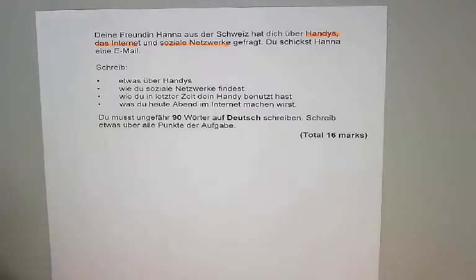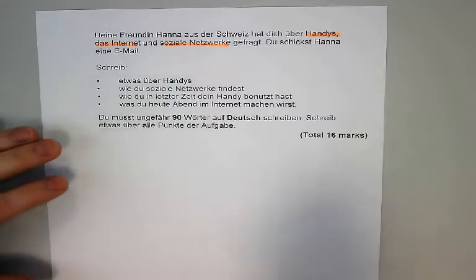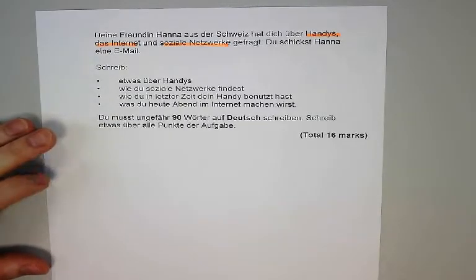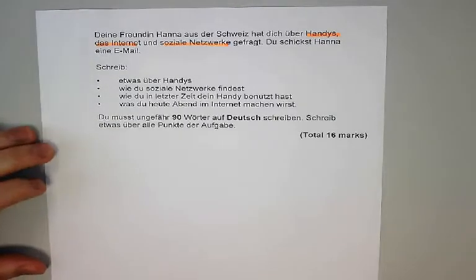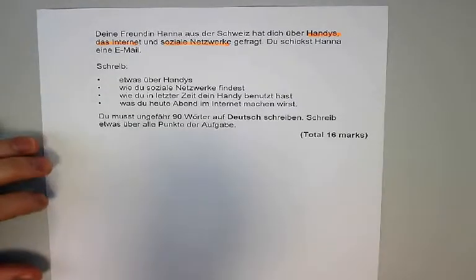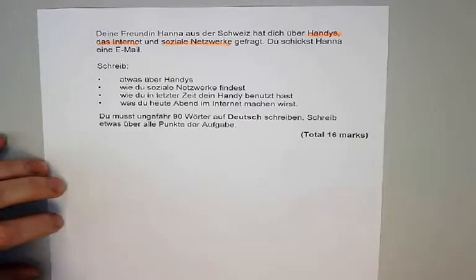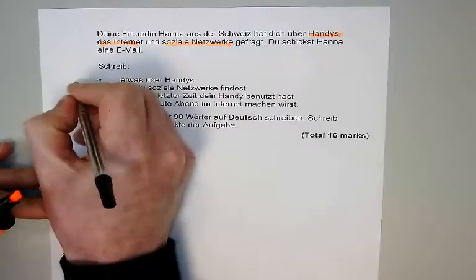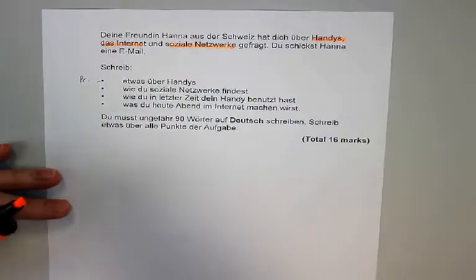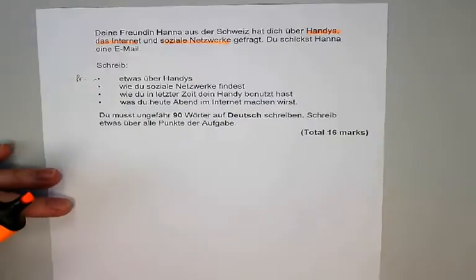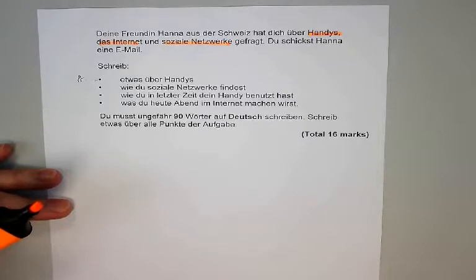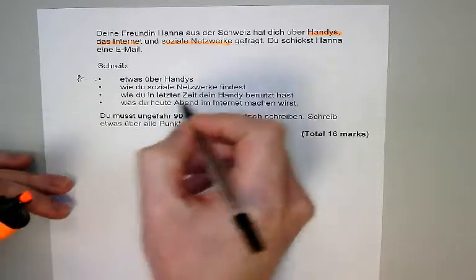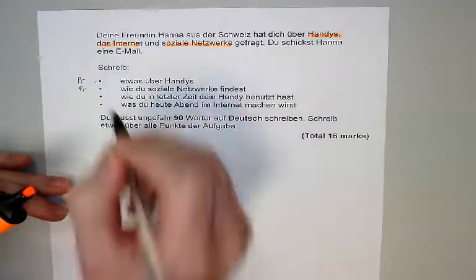We can then have a look at the bullet points to know what exactly about that topic we need to focus on. And remember, you're going to have to write in 3 time frames here. So my next job is to determine which tense I need to respond to for each of these bullet points. So I can see here the first one, we're just writing something about mobile phones, so that's one of our present tense. And we'll generally see 2 present tense bullet points, one in the past tense and one in the future tense. We've then got the next one here, which is our how you find social media, so another one